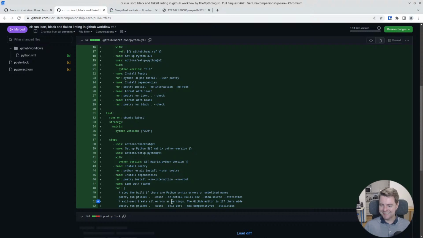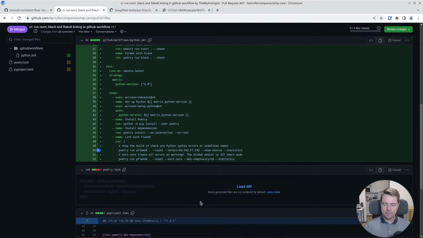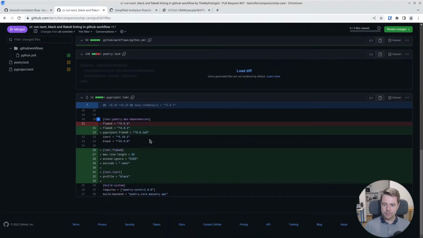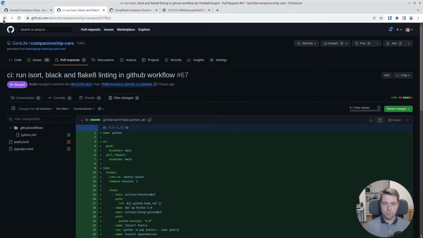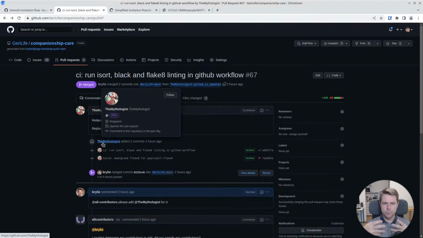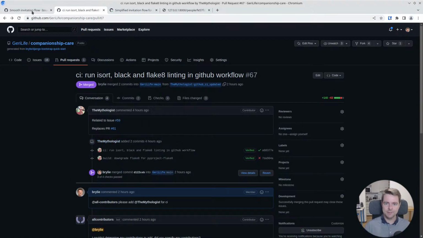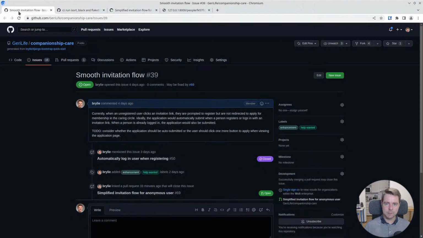Gives us some statistics there. So the main other changes here were relating to configuration for the project to be compatible with these tools, or the tools to be compatible with one another. So thank you, the Mythologist. This is a really great start. And as you'll see in just a moment, we ran those tests successfully and passed them all on the pull request